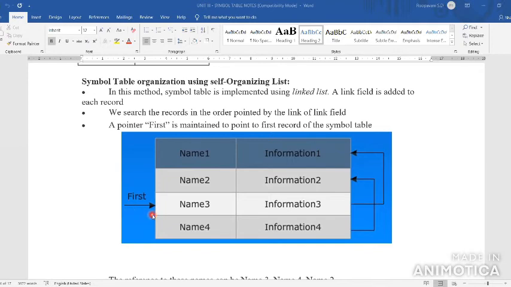You got to check first. So the pointer is first; it is maintained to point to the first record of the symbol table. You got to identify which name of the attribute is first, and after identifying, you got to write. So name 3, I am indicating, is the first record of the symbol table. I got to identify the first record of the symbol table. Then after that you got to link to the next entry in the table for the information.